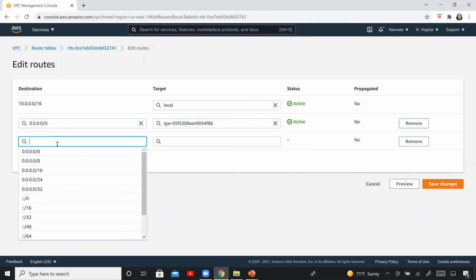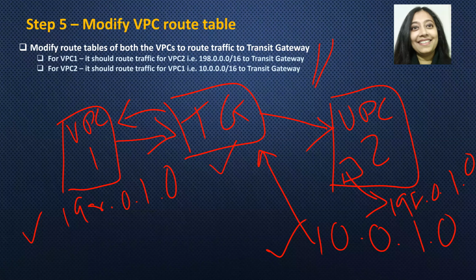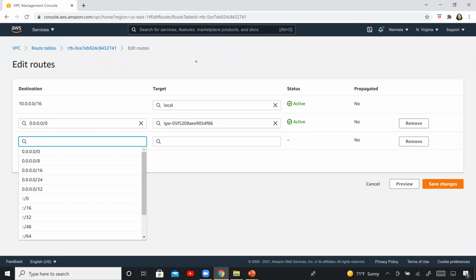Remember what the route should be. The CIDR block should be the corresponding VPC's CIDR block. In this case, this is the route table for VPC1, so it should be the CIDR block of VPC2. So right there, that's the CIDR block.